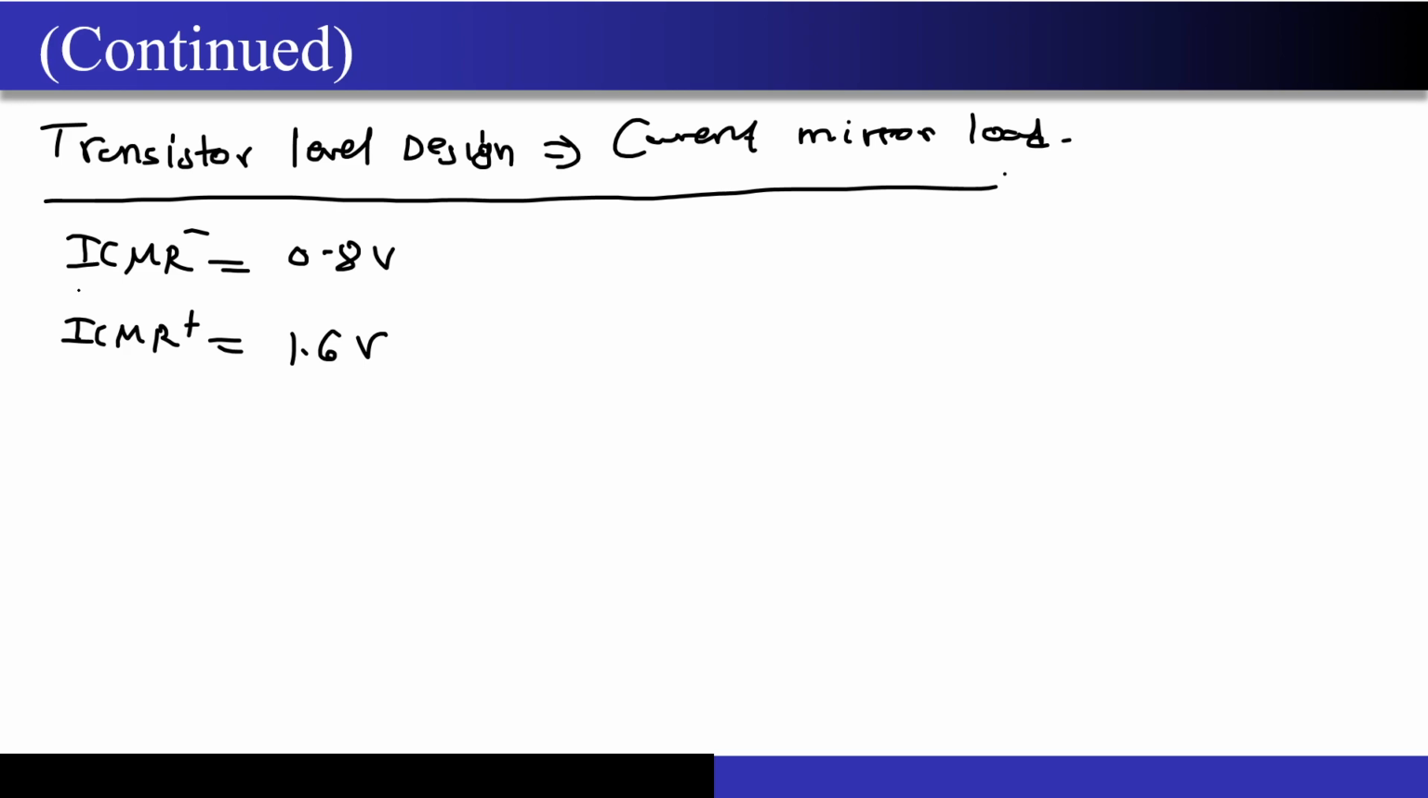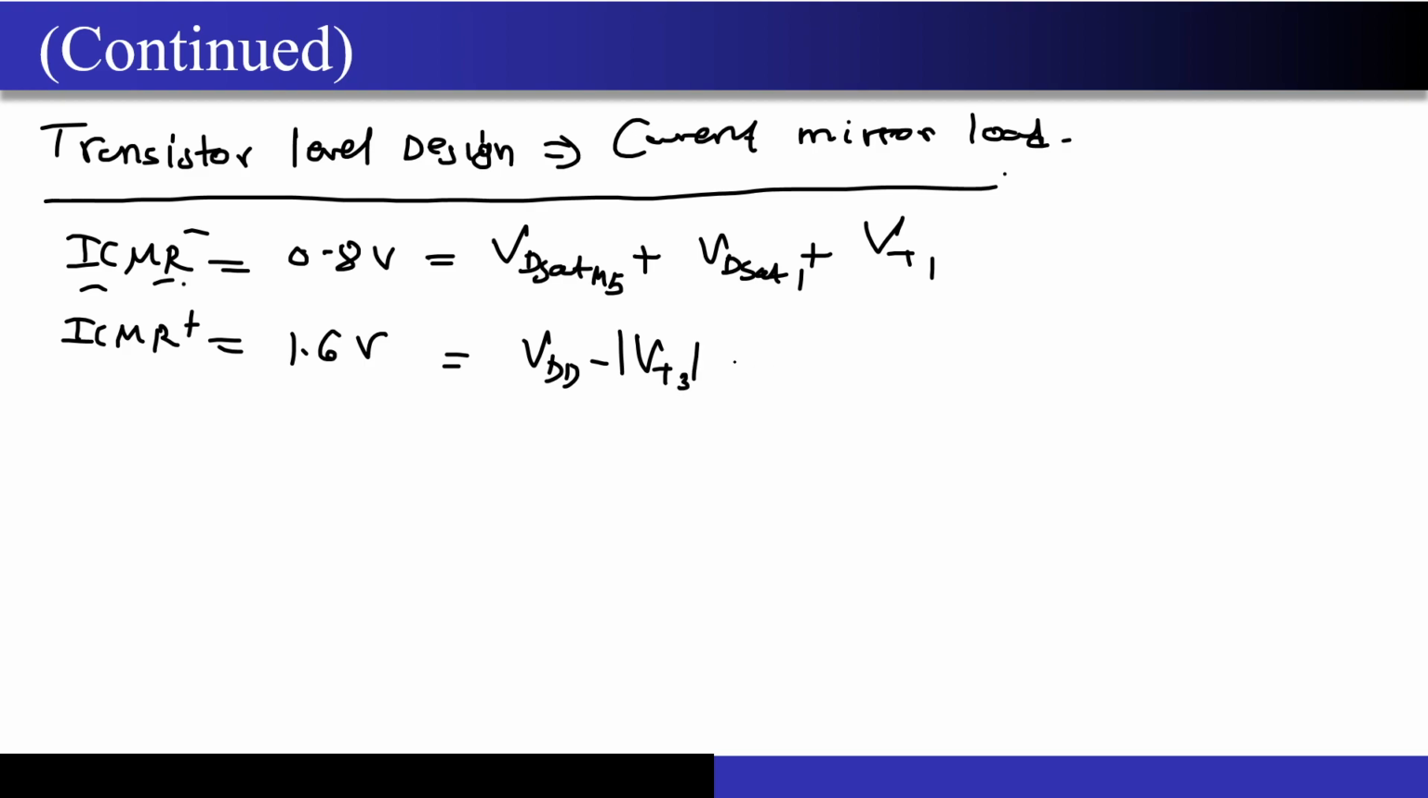Now, ICMR minus. We have already seen the upper and lower bounds, right? We already know what ICMR minus and ICMR plus are. So I am just borrowing the equations from what we have seen in the first 1 hour of this class. This is VD sat of M5, the tail current source, plus VD sat of the first transistor plus the threshold voltage of the first transistor. On the other hand, ICMR plus is basically VDD minus mod VT3 plus VT1, not mod VT1, only VT1 because it's NMOS, and then you have mod VSD sat